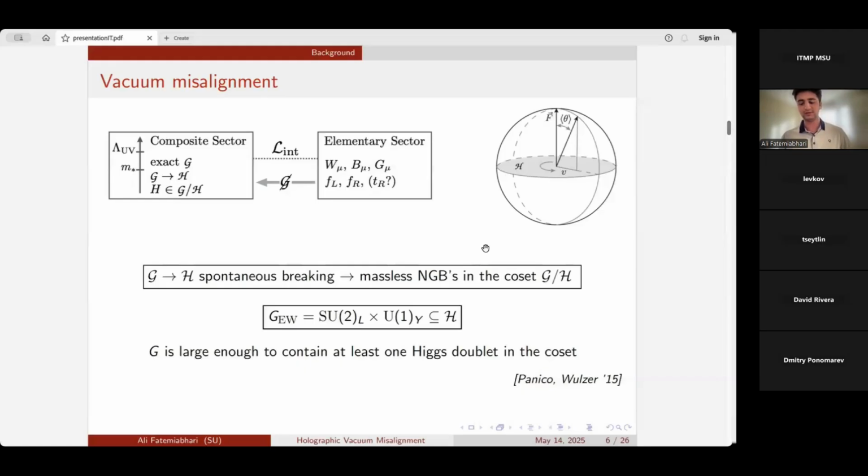Okay. Yes. And then there is some explicit symmetry breaking coming from the standard model interactions, basically. So the standard model interaction doesn't gauge the whole G. It only gauges a subgroup, SU2 cross U1. And if you gauge a subgroup of a global symmetry, the global symmetry will be broken, basically, because you are quotienting the field theory. I see. And that causes the misalignment. Misalignment in what sense? In the sense that the vacuum will not respect H anymore. I see. Yes.